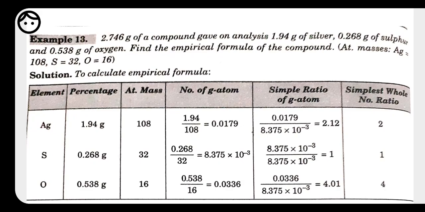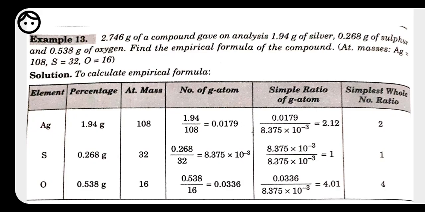Now here number of gram atom is given. That's why here again you have to divide the gram with atomic mass. Then here you will get the number of moles, that is 1.94 is divided by 108, then here you got 0.0179. For sulfur you have to divide 0.268 with 32, then here you get 8.375 into 10 to the power minus 3. For oxygen we have 0.538 divided by 16, then we have